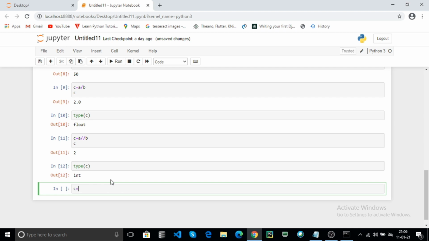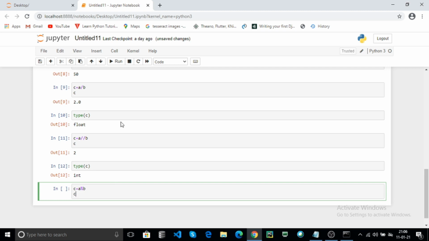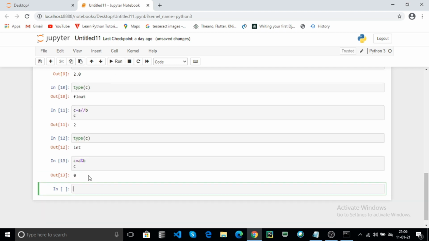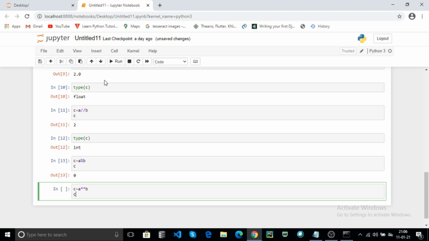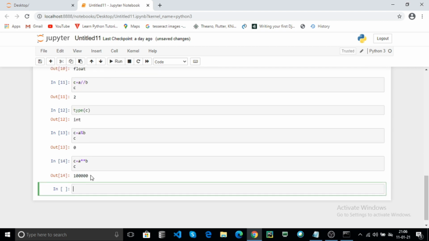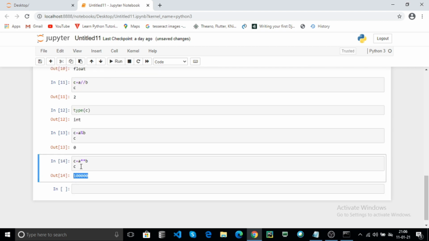You can perform mod. Here C contains 0. You can perform A power B. Here 10 power 5 data will be stored in the C variable.